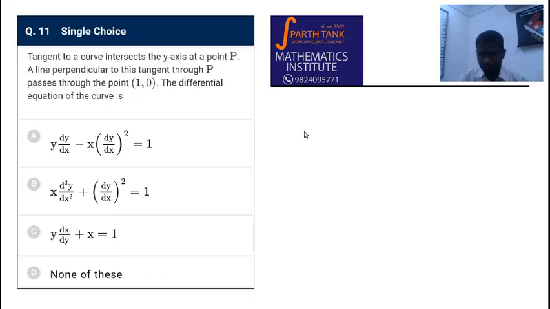Question number 11. A tangent to a curve intersects the y-axis at a point P. The line perpendicular to this tangent through P passes through the point 1, 0. The differential equation of the curve is, so we have a curve,